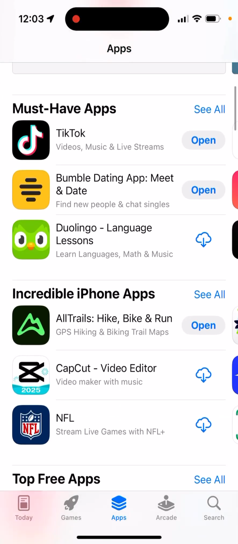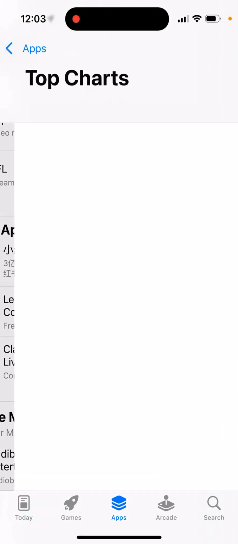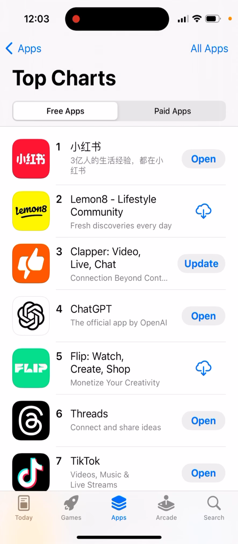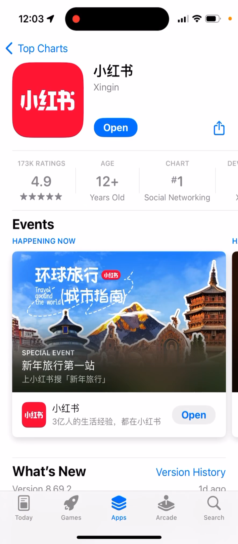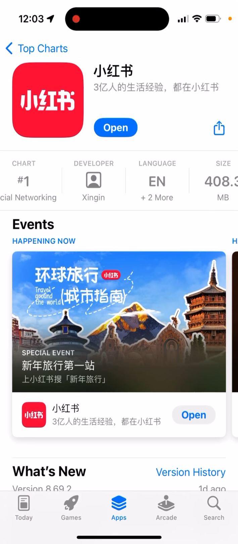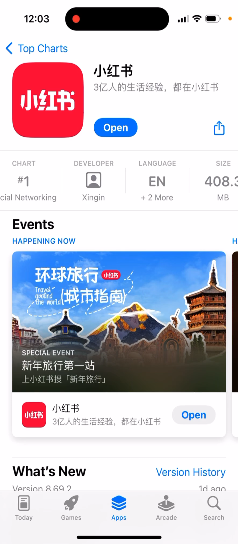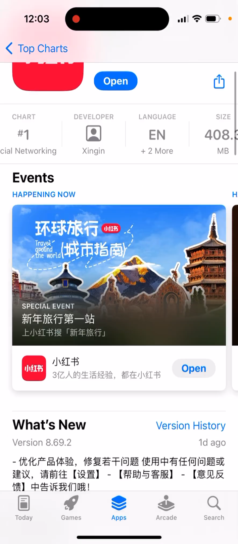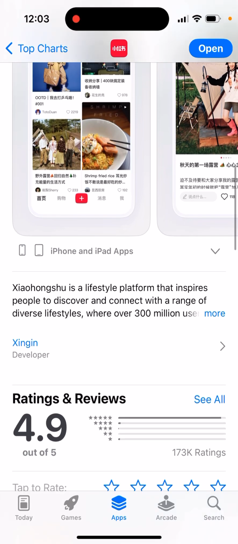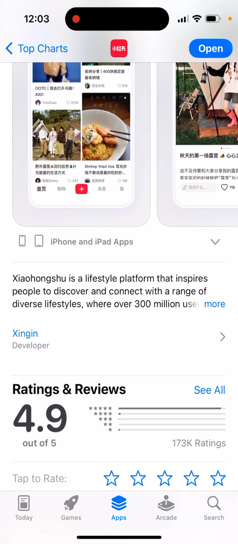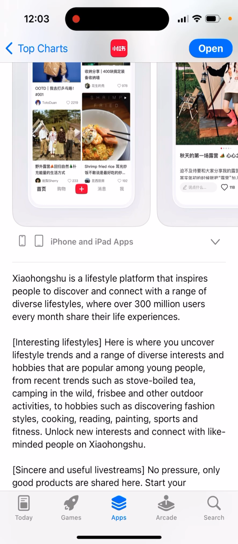What is the RedNote app? If you go right now to the top 3 apps in the charts in the US App Store, or just search for this app, it's all in Chinese, but people in the US call it RedNote or Red Envelope. Yeah, this is the app. It's called Xiaohongshu in Chinese. Yeah, and it's basically an alternative to TikTok, while TikTok kind of is being shut down in the United